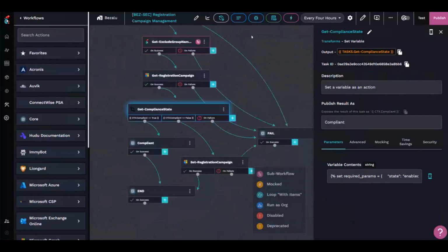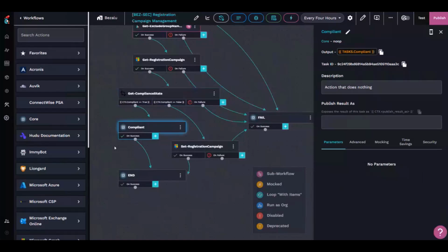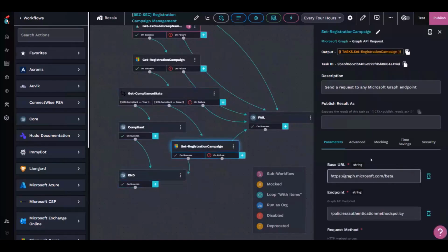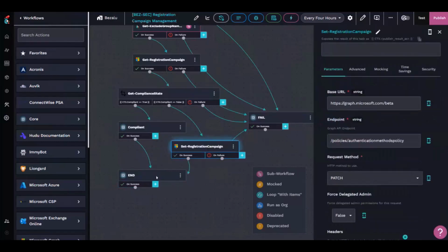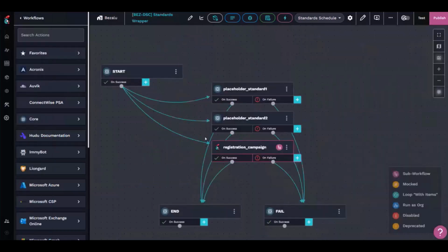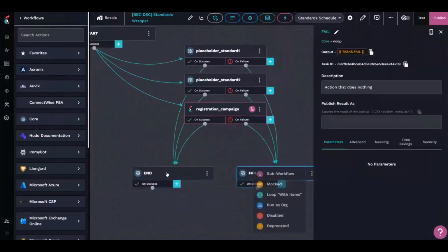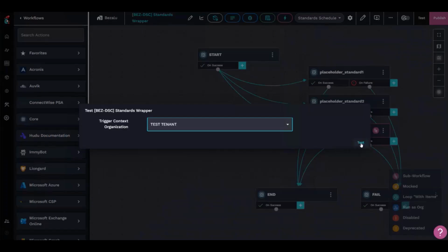And with that result, it will either hit this no op right here to represent that it is compliant and wrap up, or hit this essentially enforcement step where it will set that campaign the way you have it and end. All of that pretty much comes back here and will either fail or end on the overall wrapper. If we want to see a quick test of this,